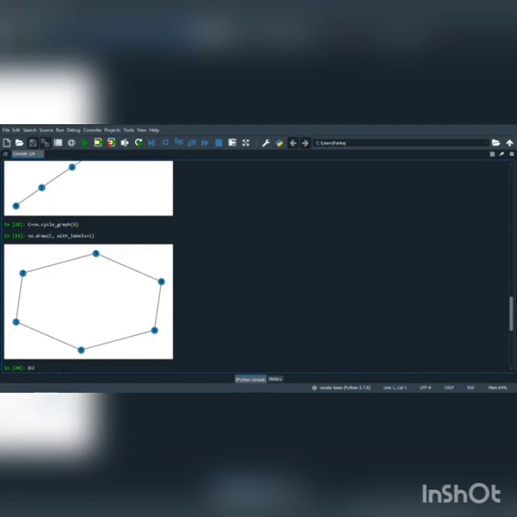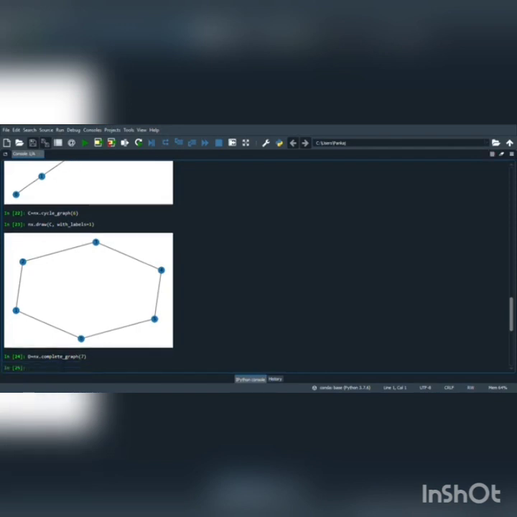Now to create another graph called a complete graph, we can call another inbuilt function, and the function is d equals to nx.complete_graph, passing the parameter as usual, 6.